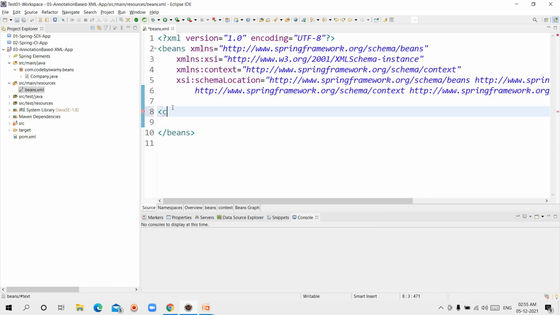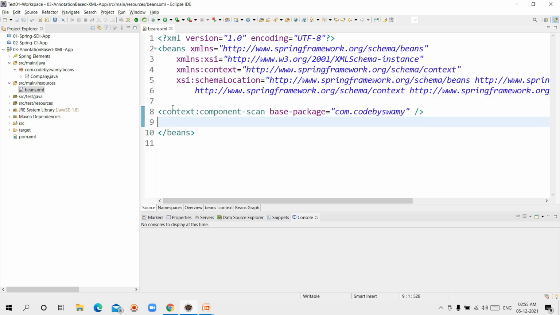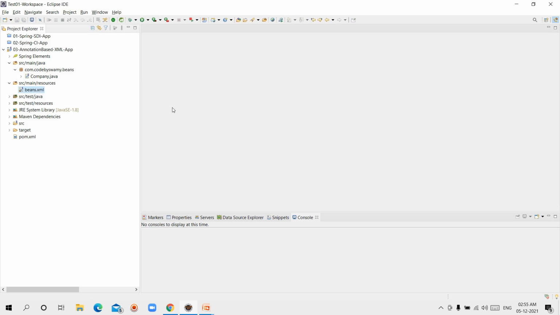Here I just add context:component-scan with base-package com.codebyswami. This one line tag is enough in the beans.xml to achieve an annotation based application. Yes, I am ready with these two files.